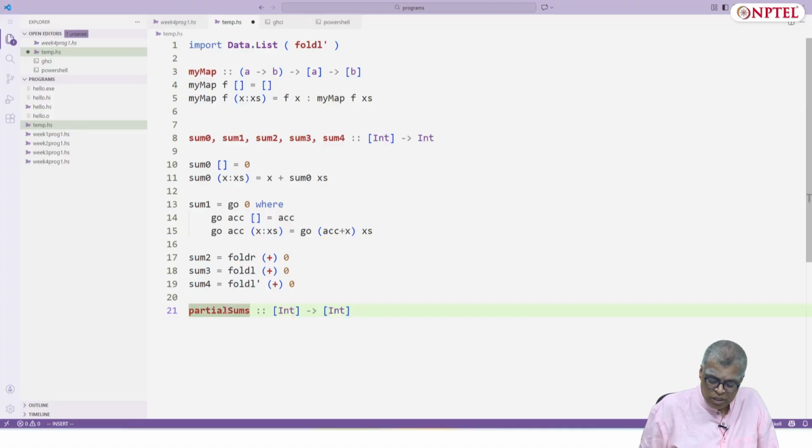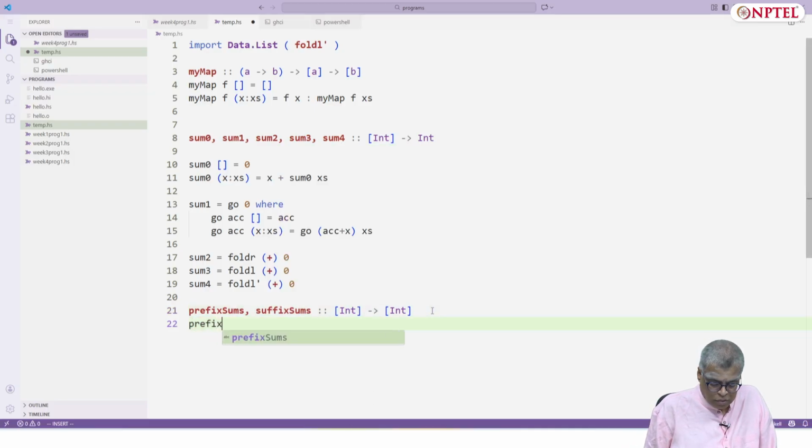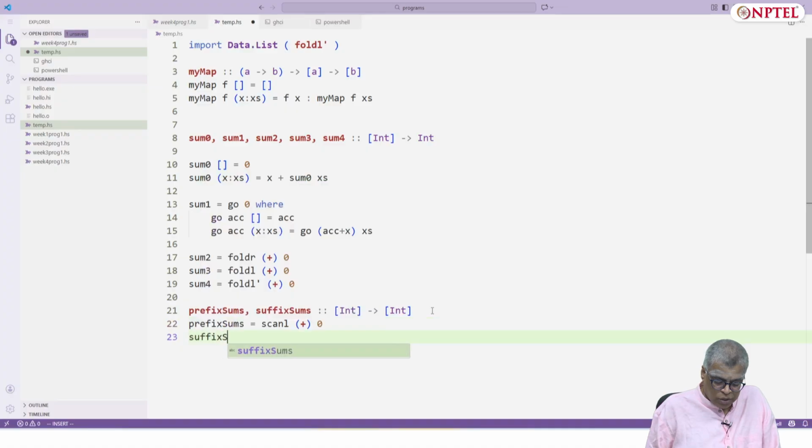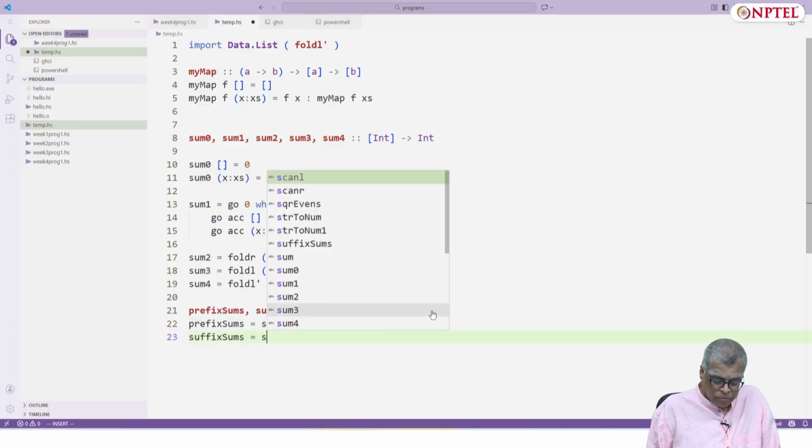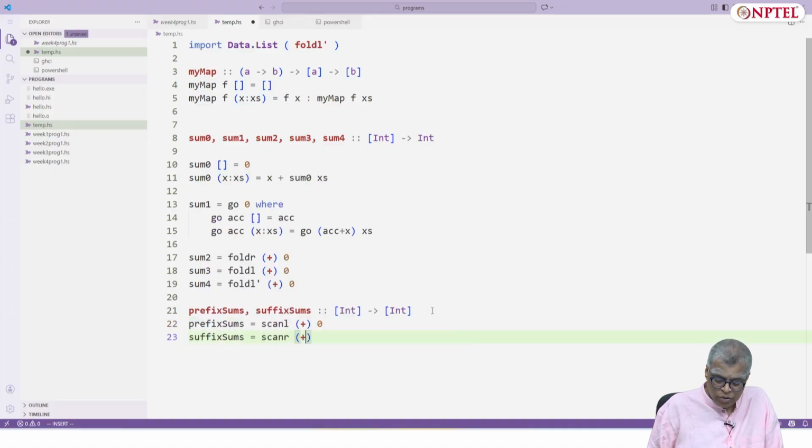Rather than partial sums, I will say prefix sums and suffix sums. Prefix sums equals scanl (+) 0, suffix sums equals scanr (+) 0.